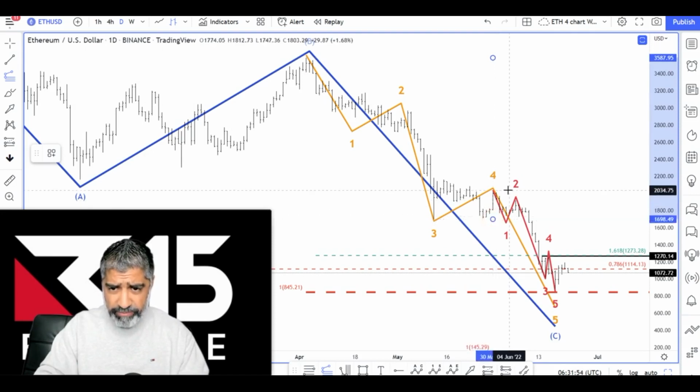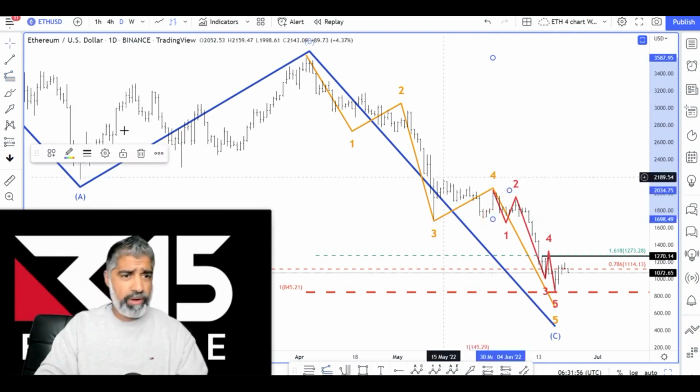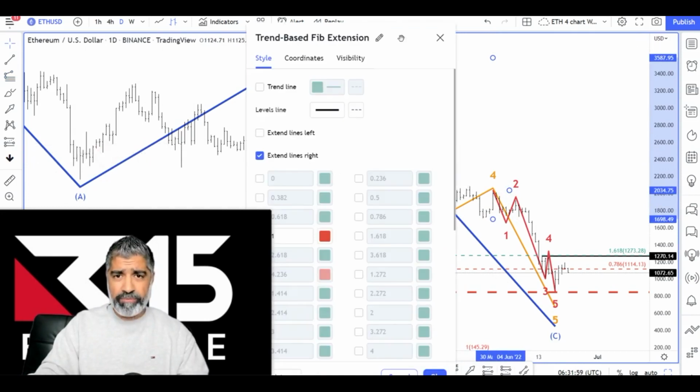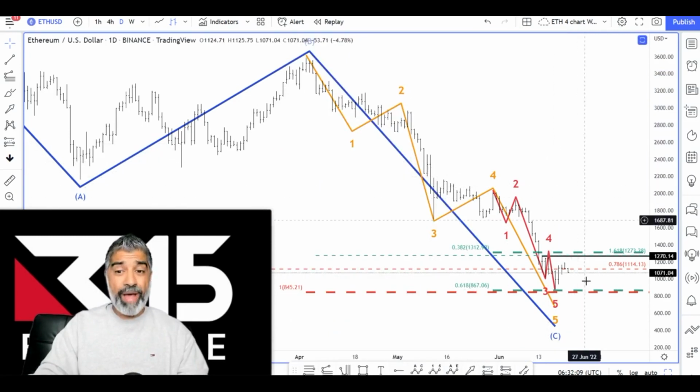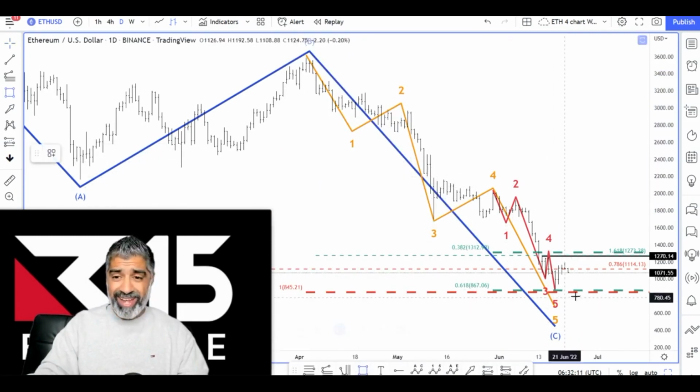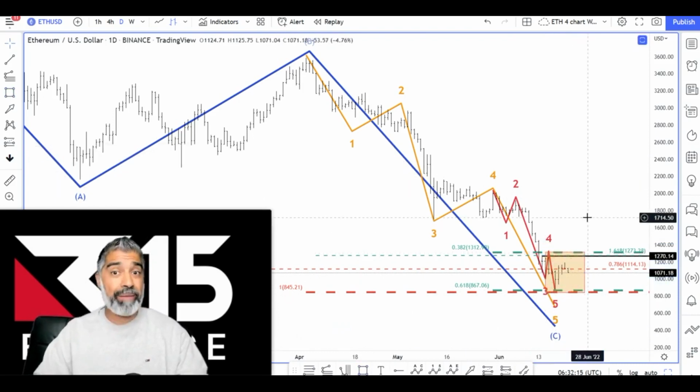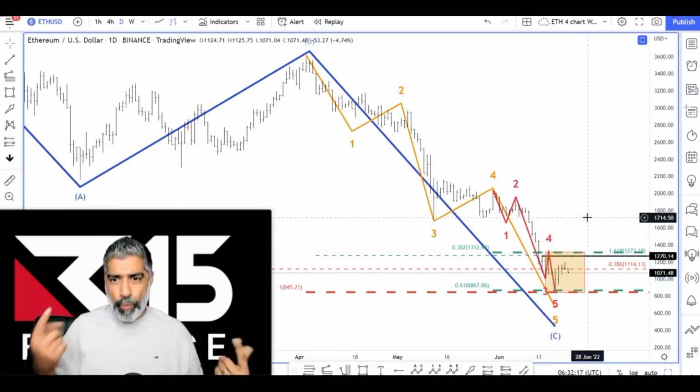Let's make sure I get that, projected from wave 4. What we're going to focus on is the 38.2. You can see it's in that range, and the 62%. We can ignore the 100% because it's outside of the range. So now we've got this really clean, clear zone of pattern and price. Pattern and price. So can we do one step better?